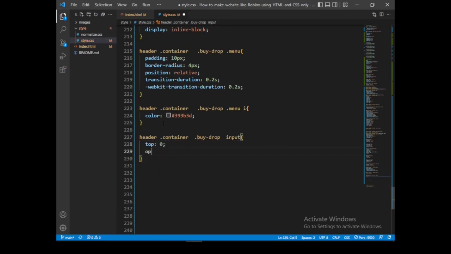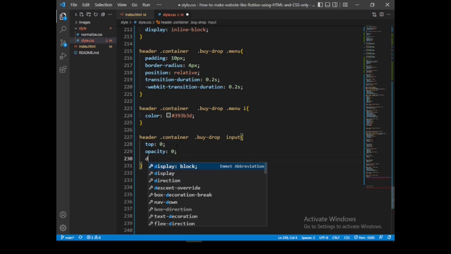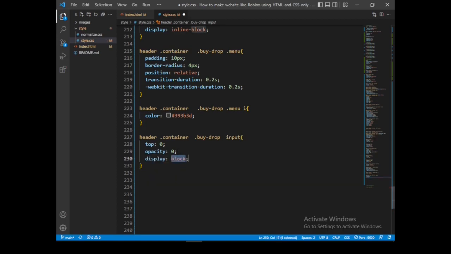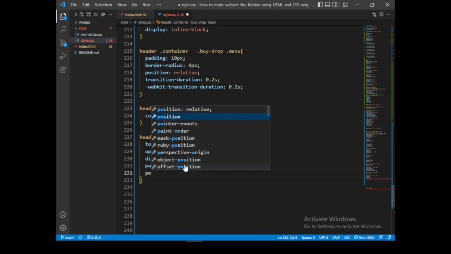Opacity, this will reduce the visibility to 0 so that it's not visible. Display block, then padding 0 all sides, then position absolute,